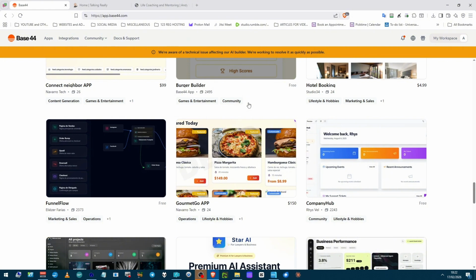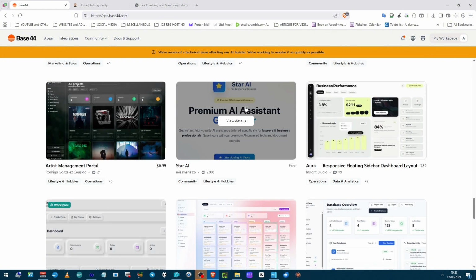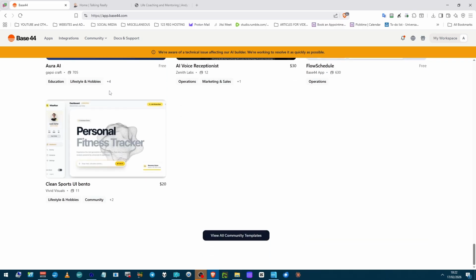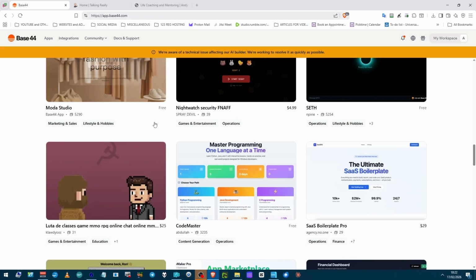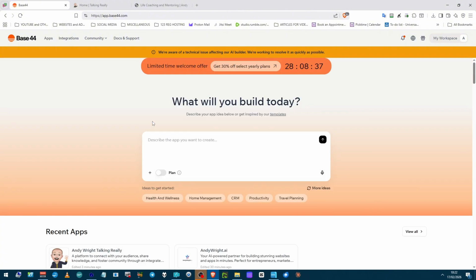So there's apps, these are apps, AI assistant. This is the one I end up with, this one here. Optimized for AO search. Personal fitness tracker. So yeah, there are a few templates, but really that's just the beginning.